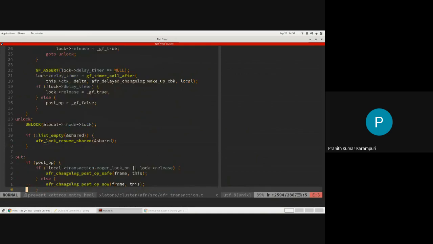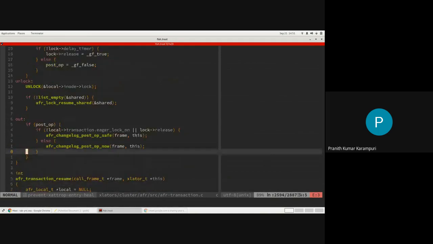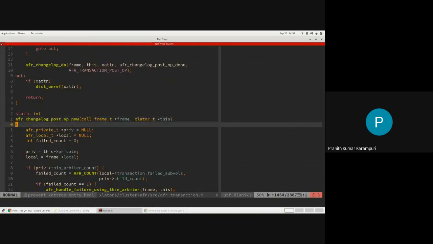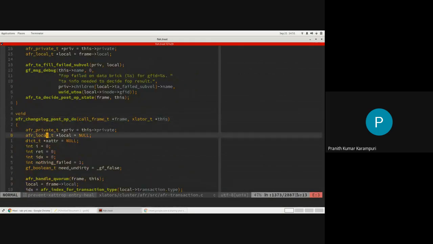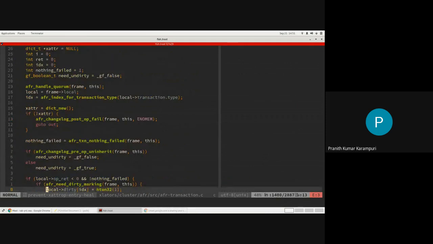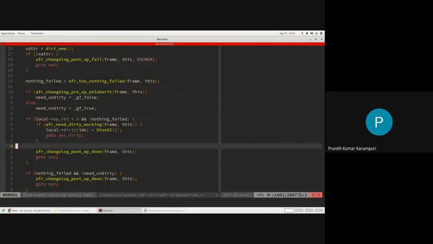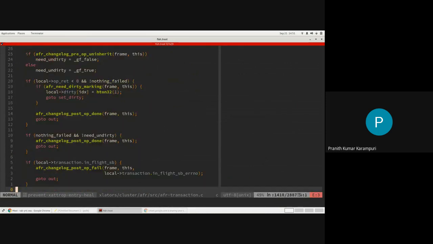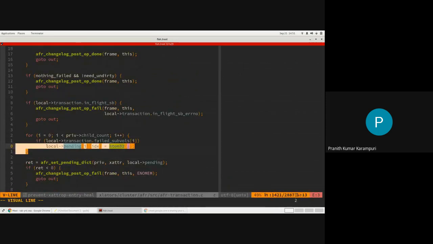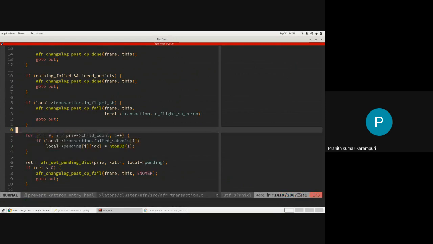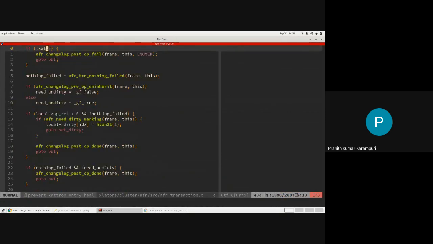So we'll try to just look at the unoptimized bits. Okay, it's the same thing. Yeah, so there will be a -1 somewhere. So in case of failures, it has to mark on some other brick key that there is pending marking. Otherwise, it has to do a -1 basically.